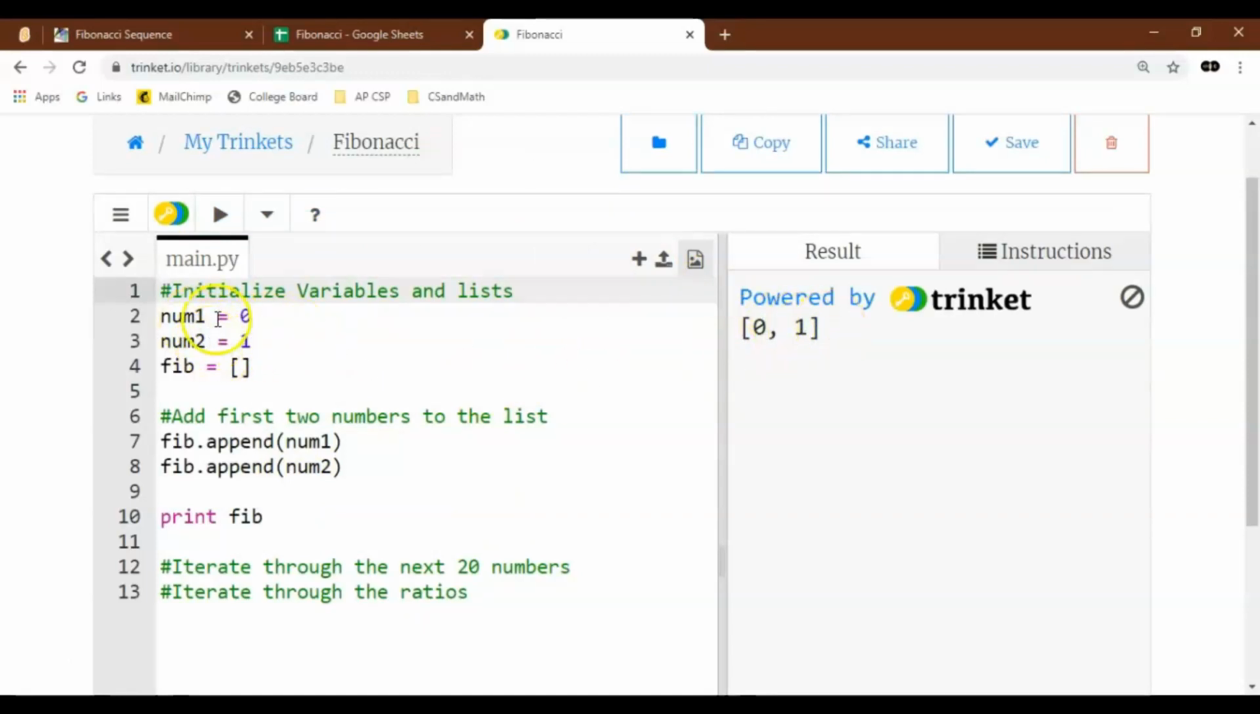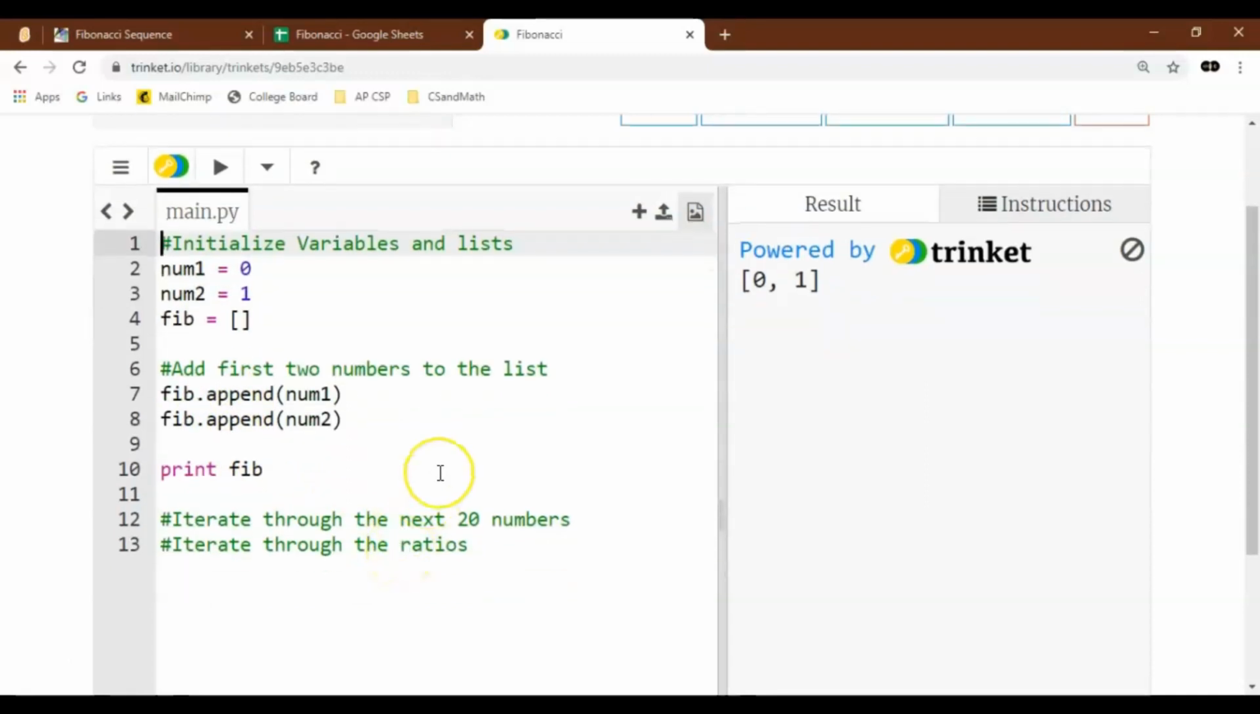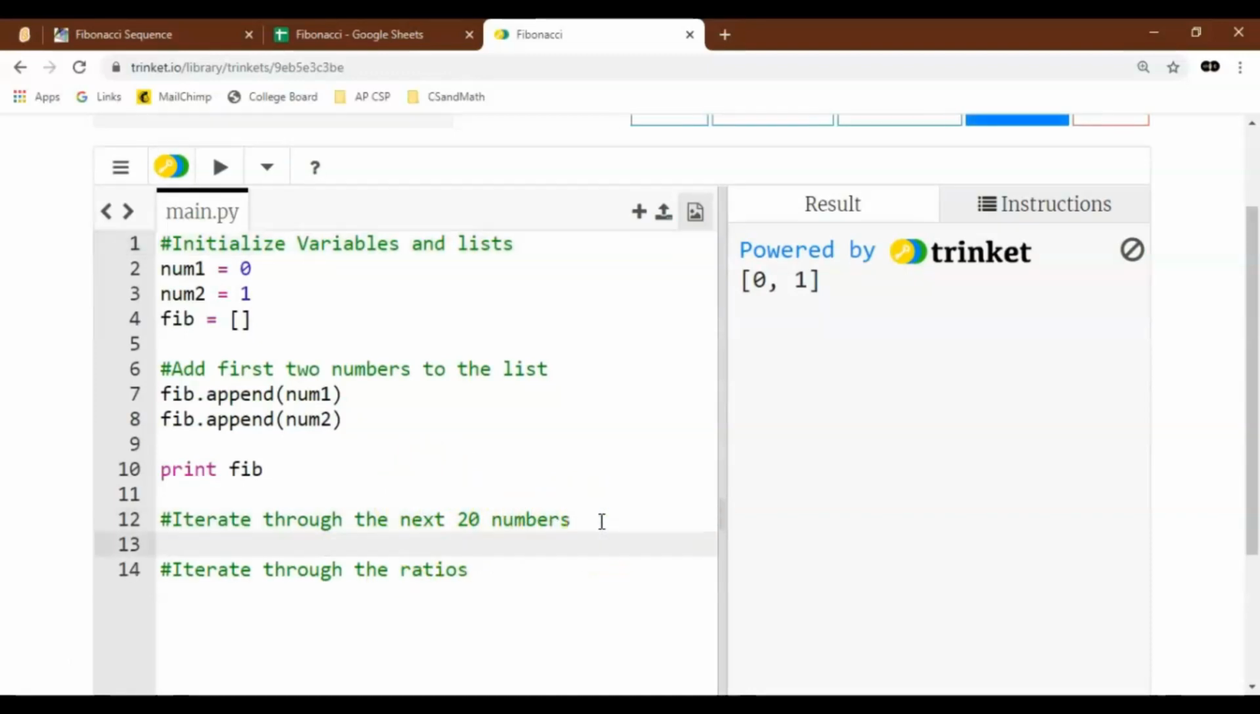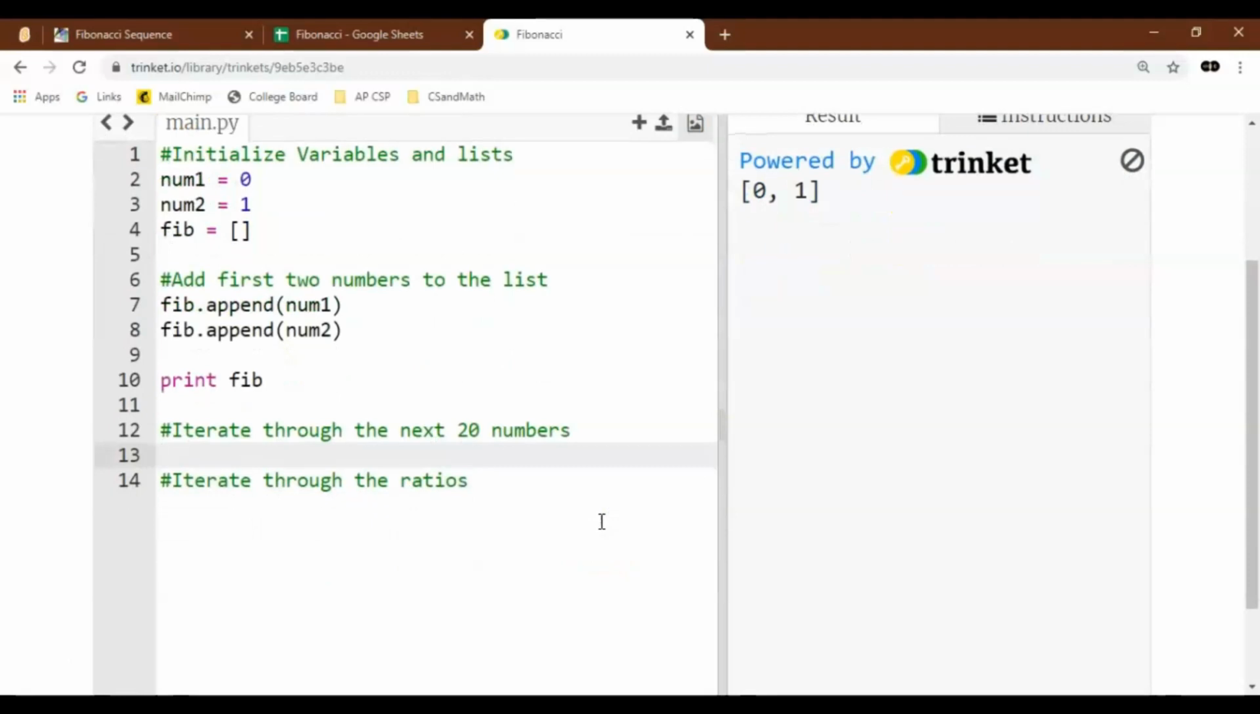So we've initiated those starting numbers, whatever they are. We've opened up a list, added those first 2 numbers to the list, and then printed it. Now what we want to do after that is iterate through the next 20 numbers. What does the formula look like? For iteration in Python, we typically use a for loop. So for item, we'll just call it i, in range 20,